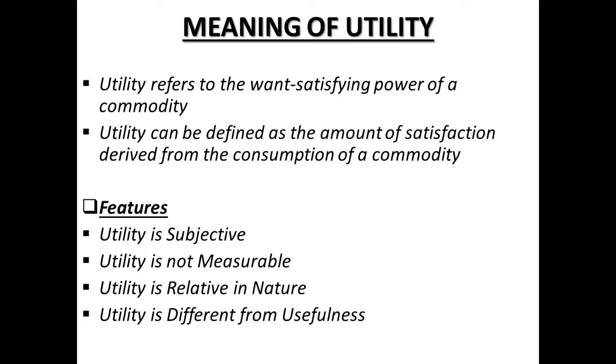So in that sense, you can take one more example. Suppose there is a person who is habitual of drinking, right? So for that person, wine gives great satisfaction in drinking. But if a person is not a drunkard or is not in the habit of drinking wine, that wine won't give him any kind of satisfaction. So the commodity is relative in nature, that is, the satisfaction is relative in nature. If the person is using something, that commodity will give him or her satisfaction, otherwise that commodity will not give him or her any satisfaction.